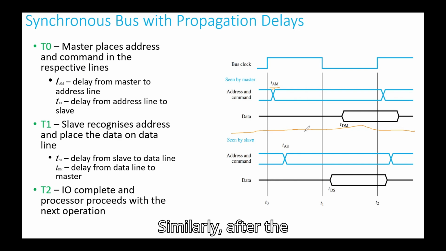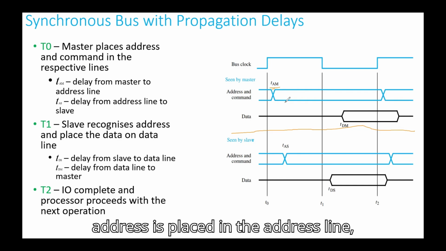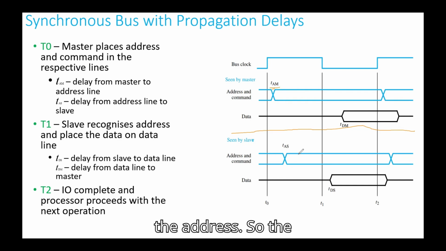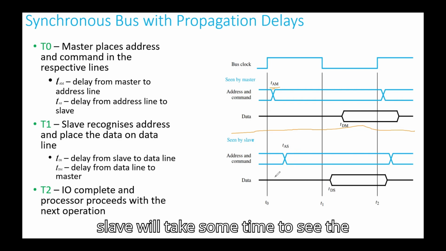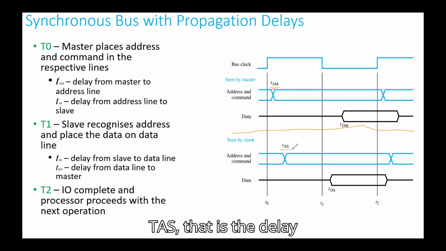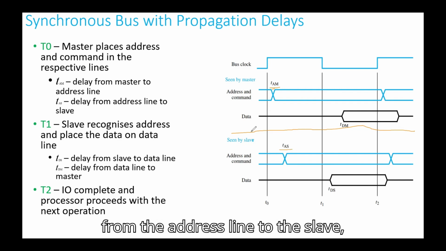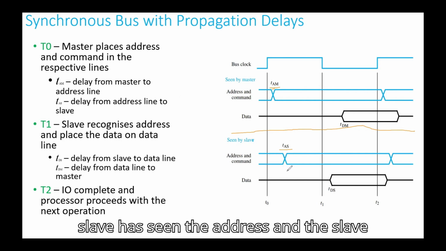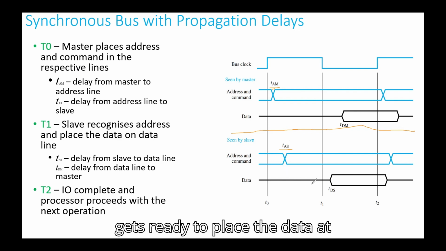Similarly, after the address is placed in the address line, immediately the slave will not see the address. So the slave will take some time to see the address. So that we are denoting by TAS. That is the delay from the address line to the slave. That is TAS. Okay. So now the slave has seen the address and the slave gets ready to place the